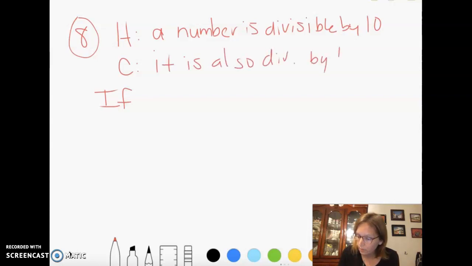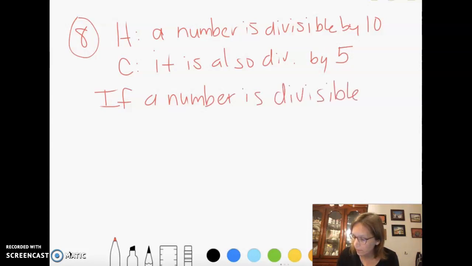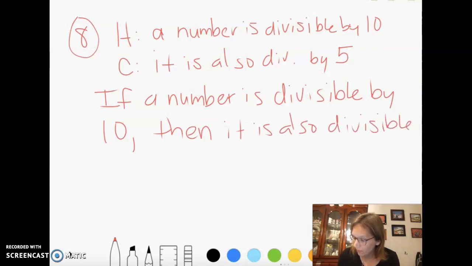Divisible by 5. Okay, so now I'm just going to write all of that in my if-then statement. First part is the hypothesis and the if. If a number is divisible by 10, comma, then it is also divisible by 5. And there we go. And it's a sentence, so I am going to start with a capital and end with a